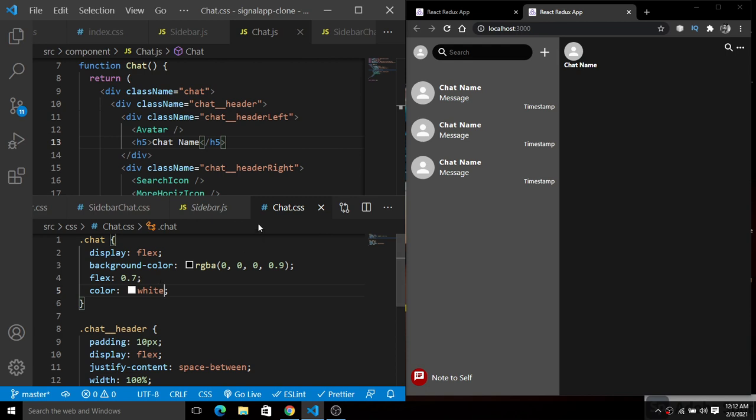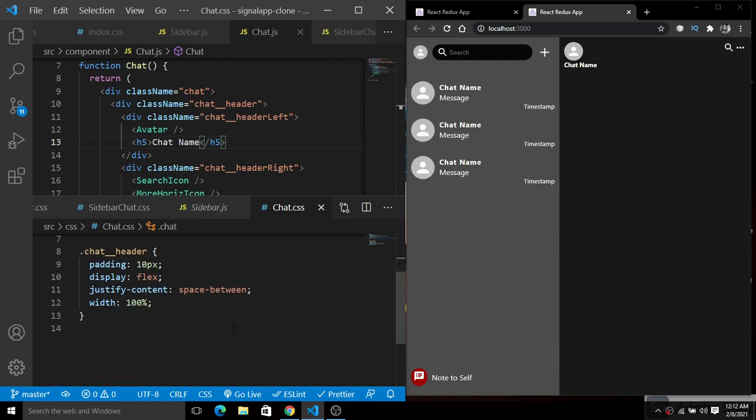So we have pushed these things to the right section, right aligned, because of the space between here.